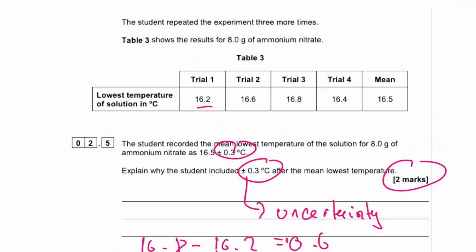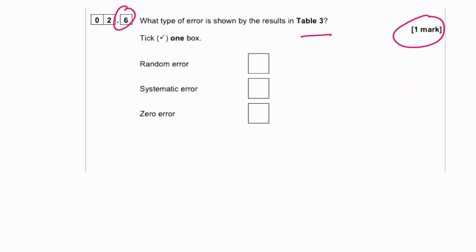Now you're deciding between systematic error and random error. If you look at the results themselves, 16.2, 16.6, 16.8, 16.4, that is quite random in the way it's spread out. You can't really see a pattern there. There's no indication that something is going wrong at the systematic level to make all of these 0.2 higher or 0.2 smaller or something like that. There is no pattern here that you can see. Therefore, your only option really is to say this is just random error. It's only 1 mark and it's fairly